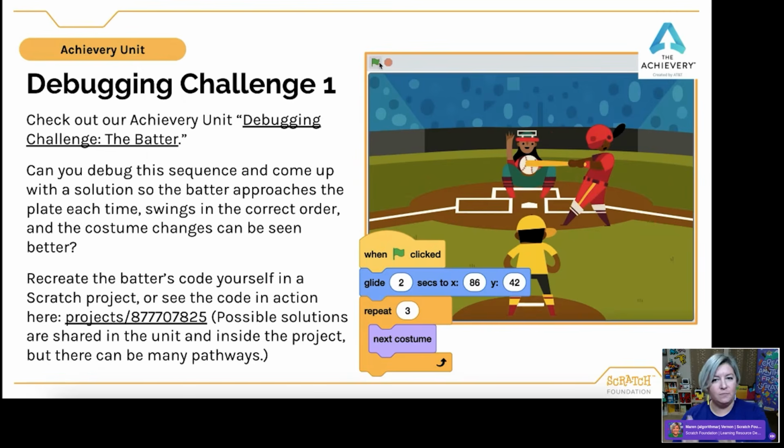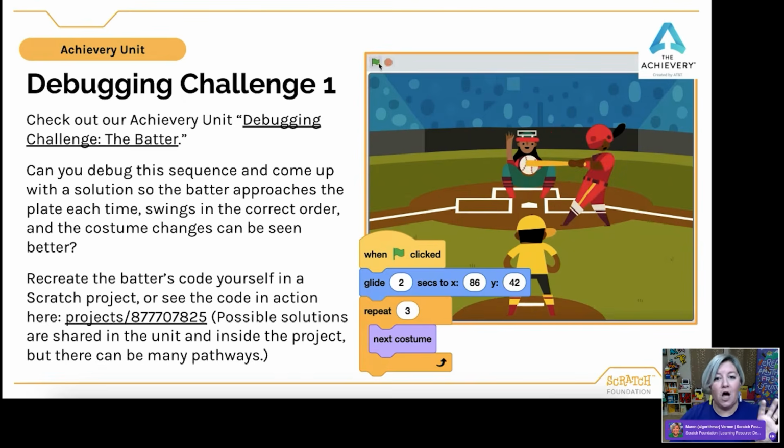And then once at the plate, each costume should be seen clearly. The costume changes, we should be able to follow them with our eye. And then when we hit that green flag again, that batter should return to the start, the right side of the screen in that batting stance, and the whole program runs again.